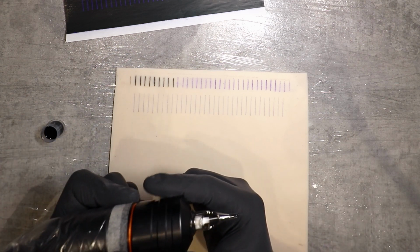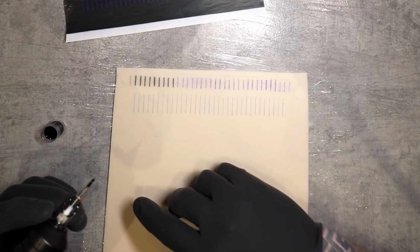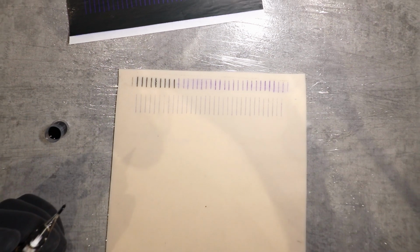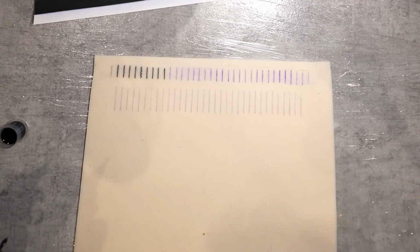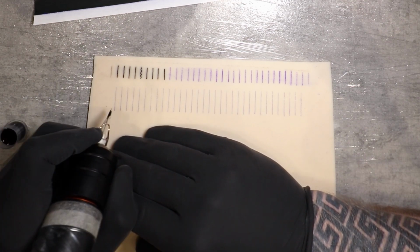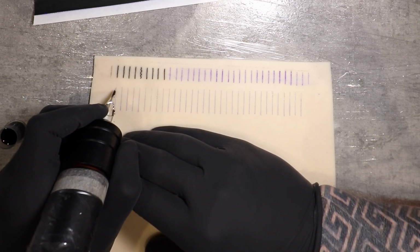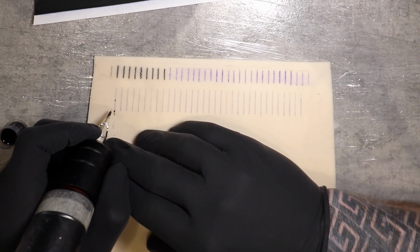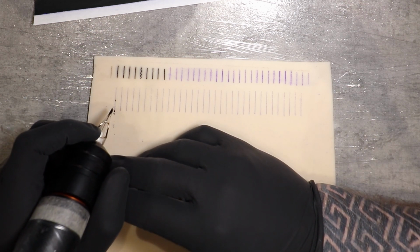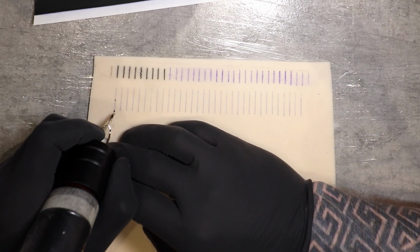So get your machine set up, set your needle depth. Let's have a little practice now of doing these straight lines. So like I said, same as before, make sure your angles are all correct. We're wanting to go from A right up here to B. Now to be fair, it's only 2 centimetres this line. You would be able to do that in one pass. But just for the nature of this exercise, we're going to get halfway,